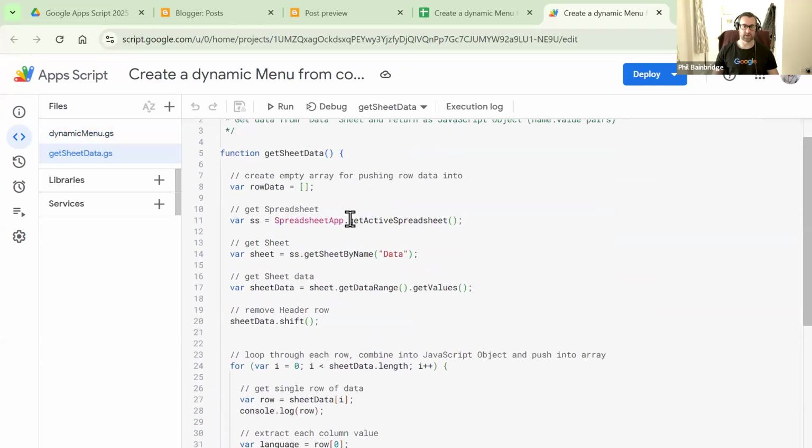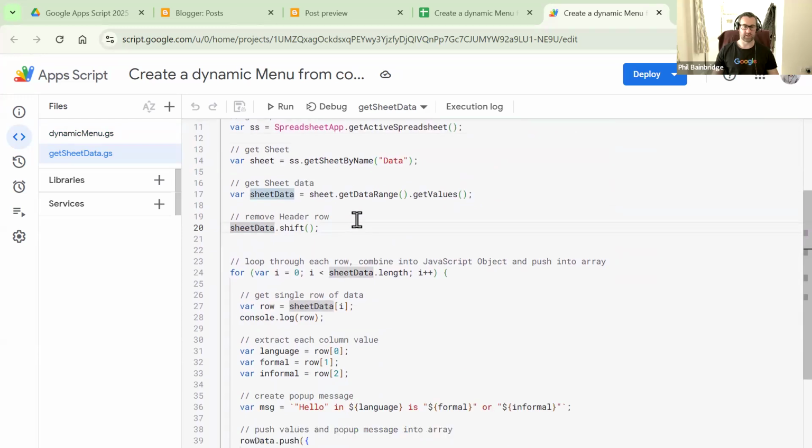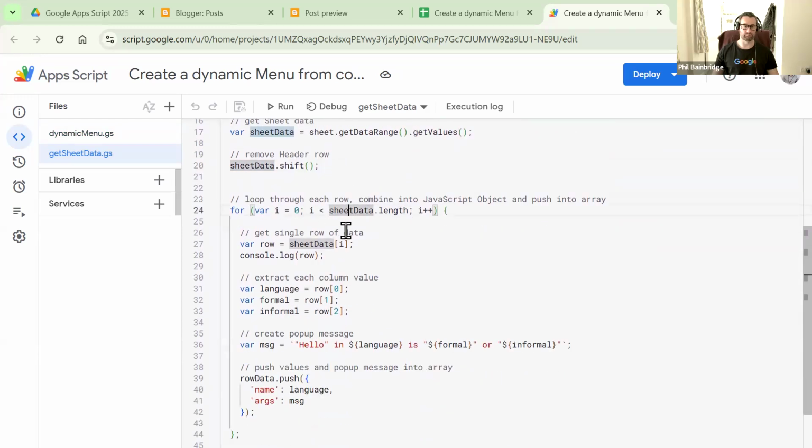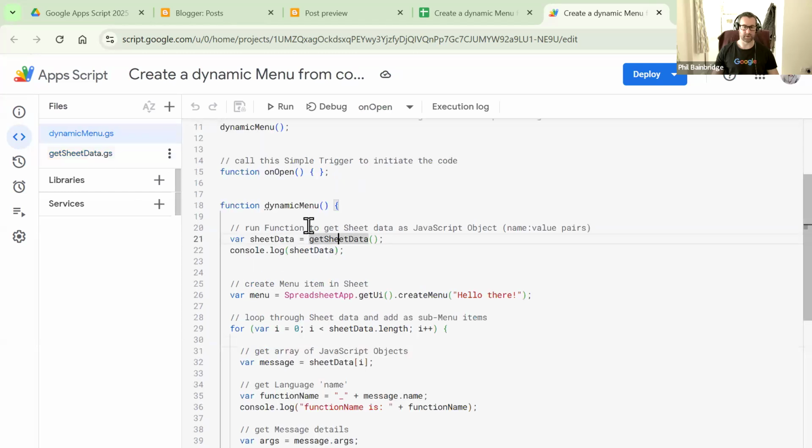This is the one that, as we're used to, gets our data from the sheet. We're getting rid of our header row, and then we're looping through our rows. We're getting our three columns: language, formal, informal. We're creating our customized message that I showed you there, and then pushing this into an array as a JavaScript object, so we've got the name and args there. So if we go back into our parent function,